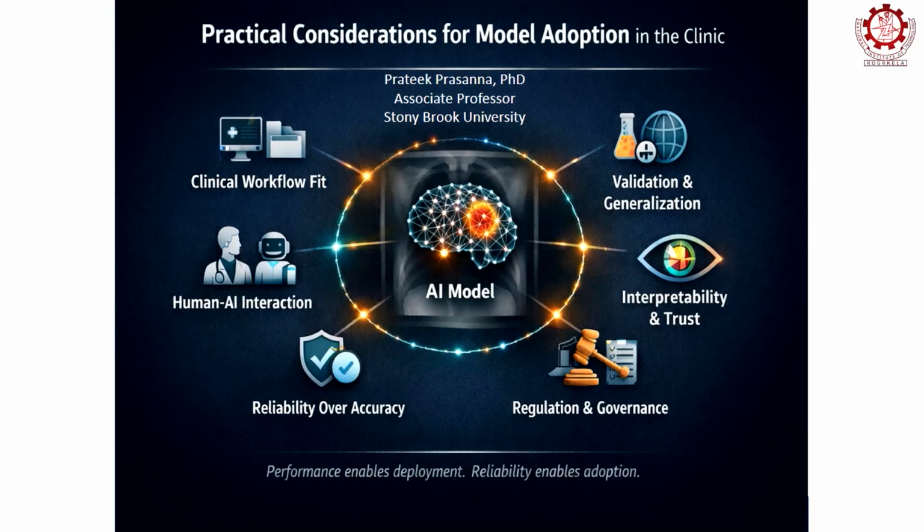Before that, if you look at the last line here, I say that performance enables deployment, reliability enables adoption, right? So what does that mean? If you think about AI systems, it's a similar thing. If you build a system where your performance is great, it'll get you noticed. But if your performance is reliable over time, if your model can adapt to new settings, that is what will